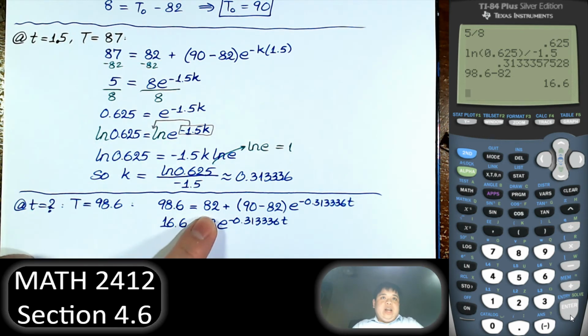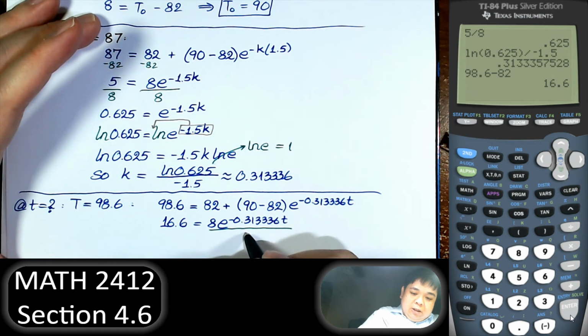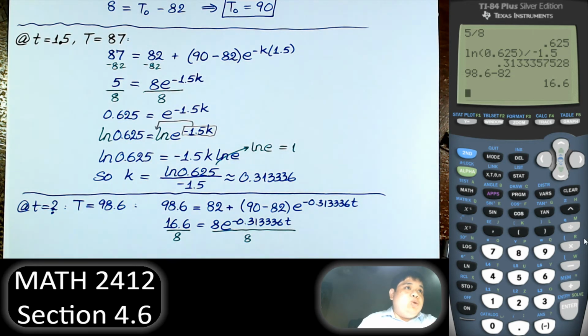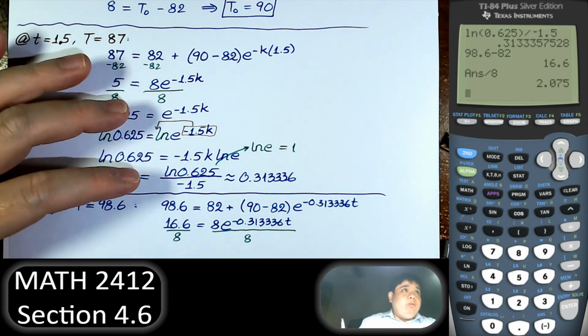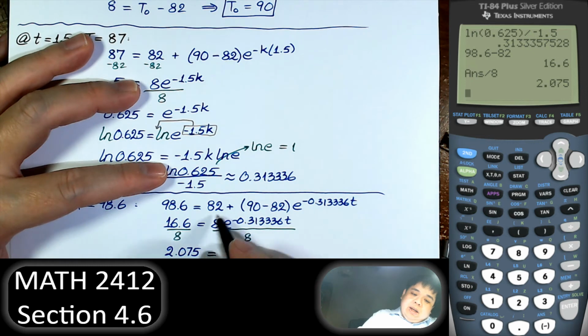Right, to get the exponent by itself, we divide by 8. 16.6 divided by 8 should be a finite decimal, 2.075. The 8s cancel, and we have e to the negative